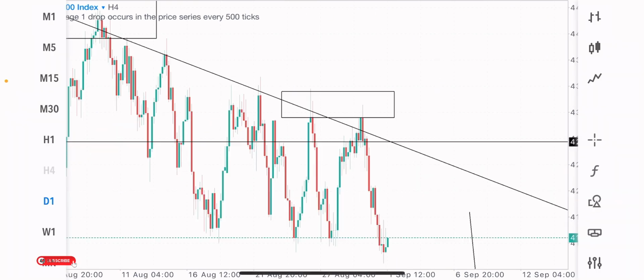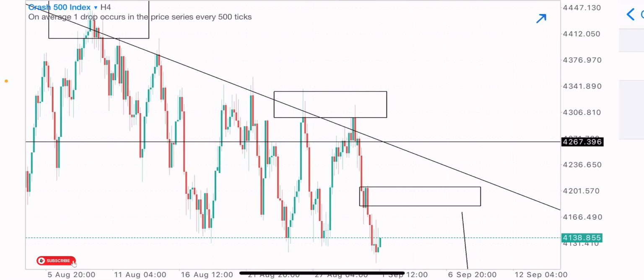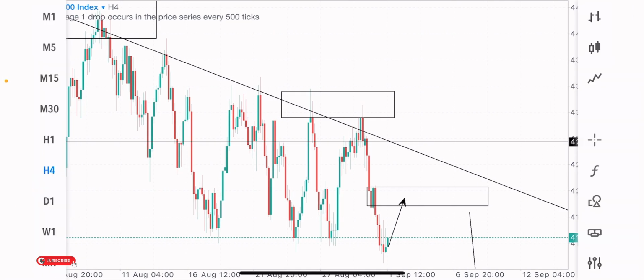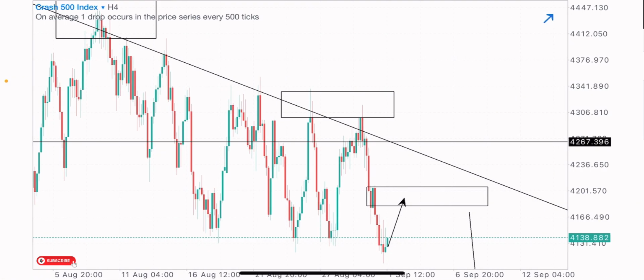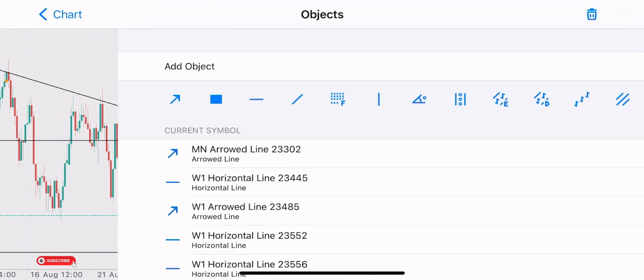So coming to the 4-hour time frame, we've got an interesting formation, in which I expect price to buy, sorry, to sell to buy, before the sells. This is my sell level basically, the move to the upside, then we see the market drop to the downside. We expect the sells from that zone to the downside. And looking at this level,